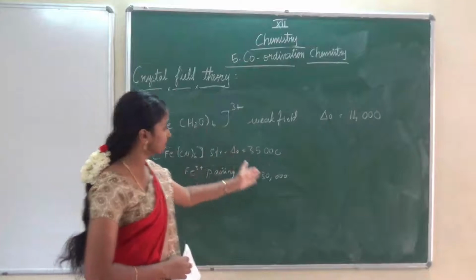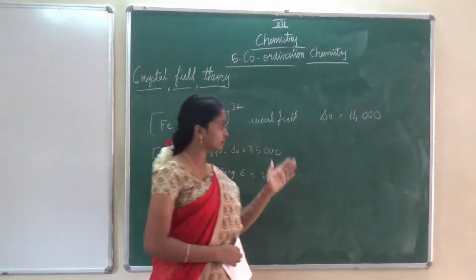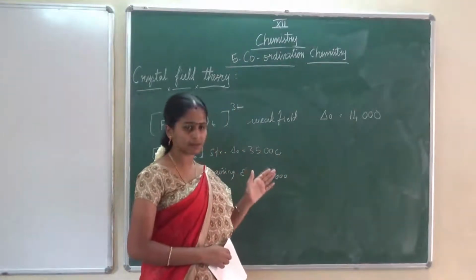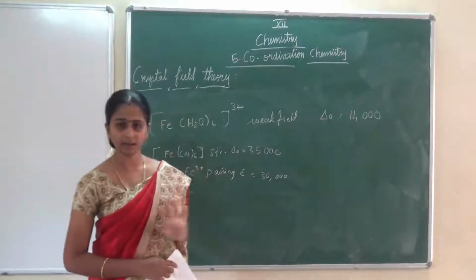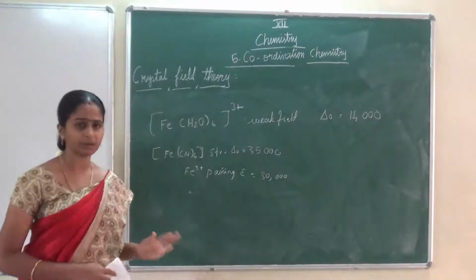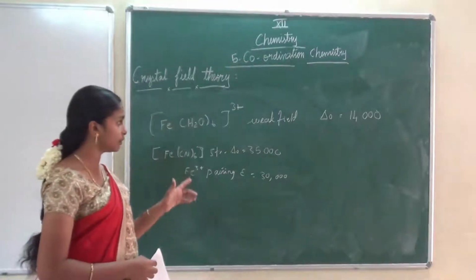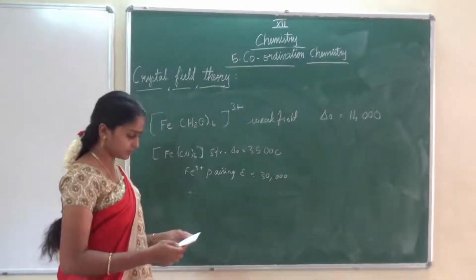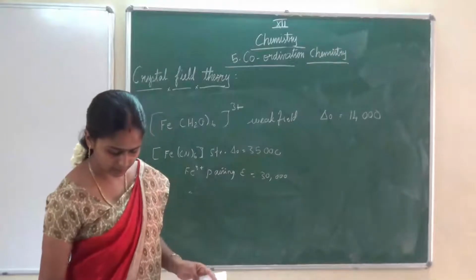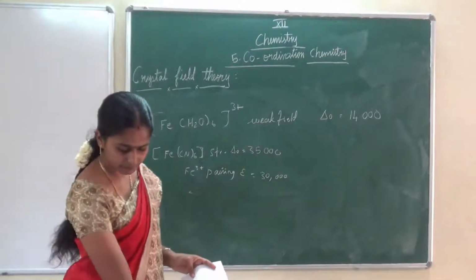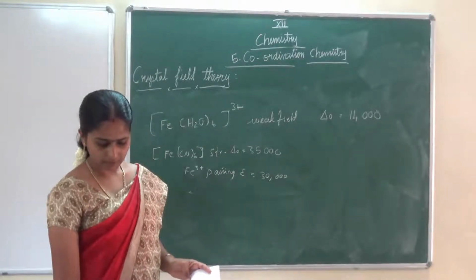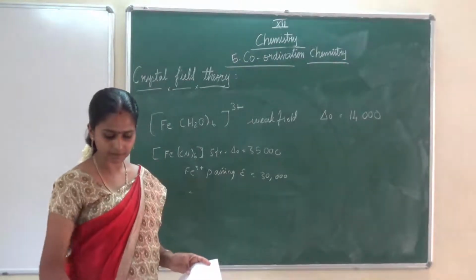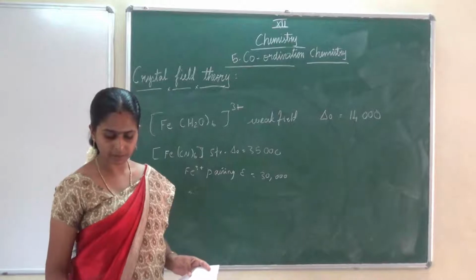Here in this case it is only 14,000. So octahedral crystal splitting energy is less than pairing energy, so the pairing does not take place. Very, very simple concept. Now we are going to see, they have explained with the example. One formula is given there, in the fourth paragraph. Mark that as a 2-mark question. It is a book back question also.